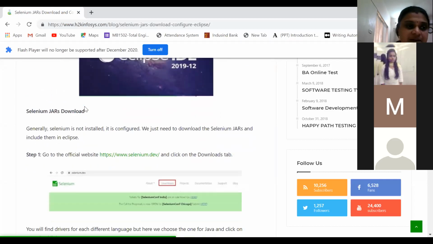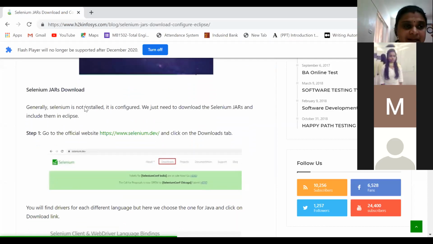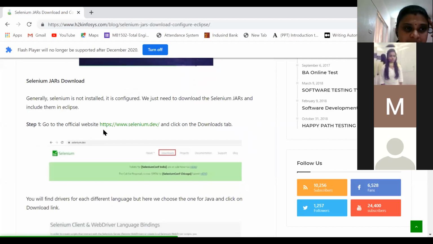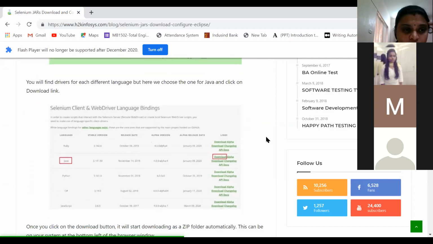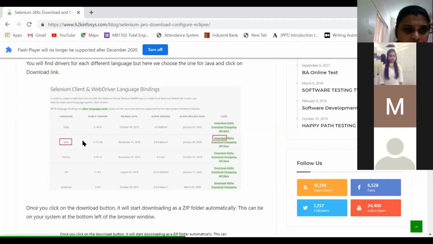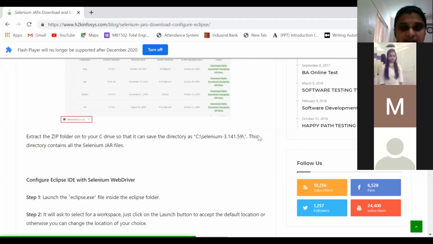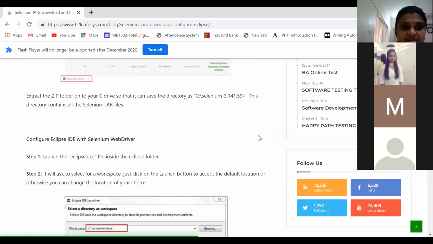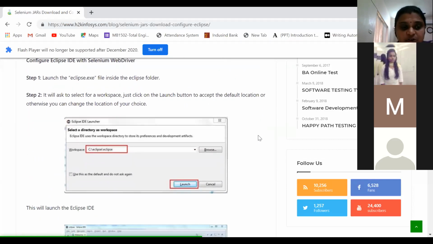Now, what is important to us is the third step. You have your Java set up, and we are going to use Selenium with Java. When you go and try to download these Selenium jars, this is the official website. A very clear step-by-step process is given here. When you download, please click on Java and download it. Try to ensure that you extract all the Selenium related jar files, because when we launch Eclipse, we will have to link these jar files to it.